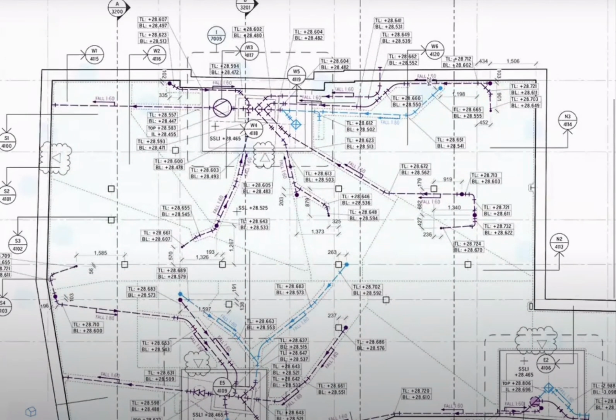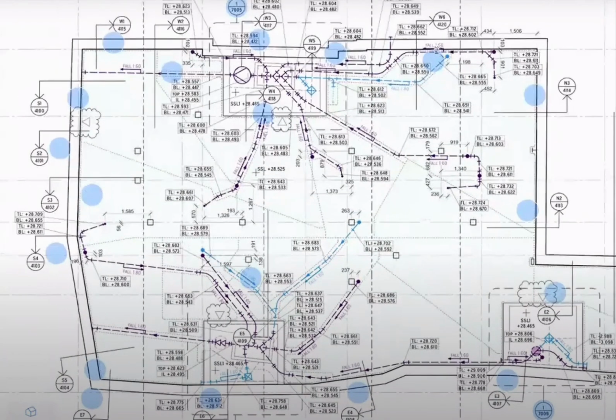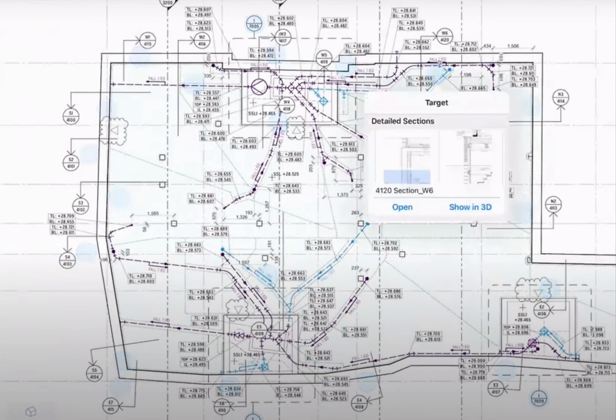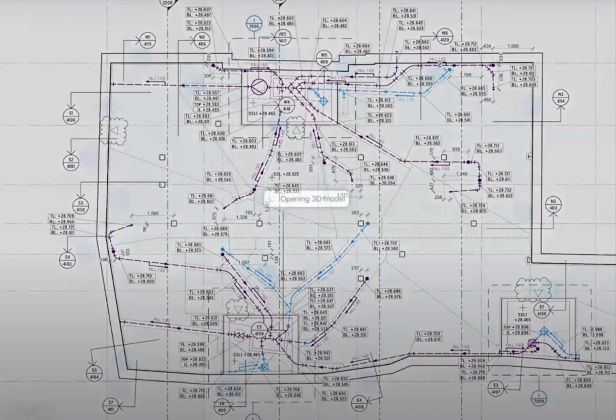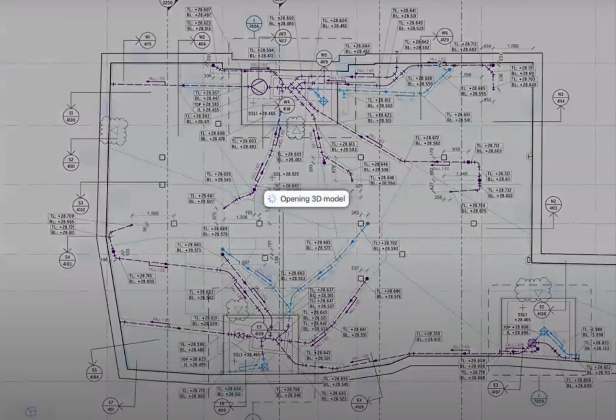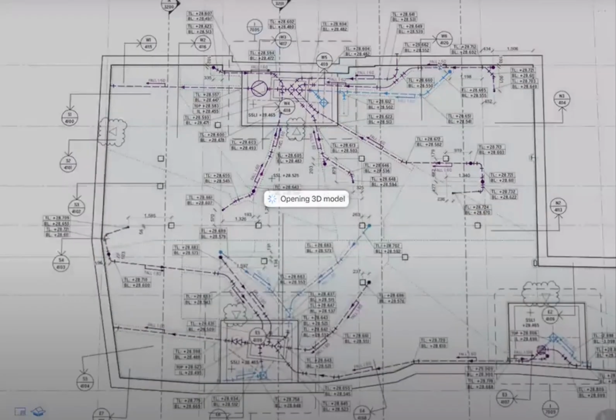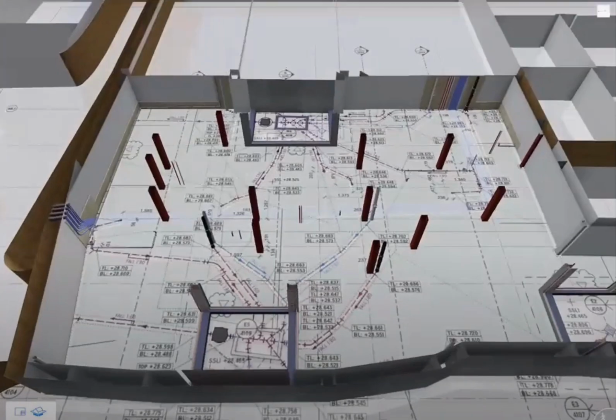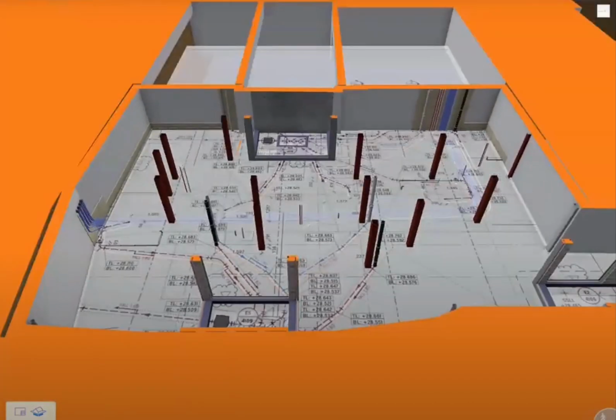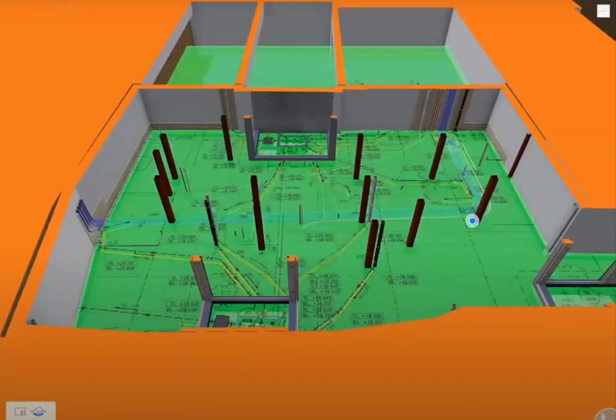All these blue dots you see occasionally, they're all interactive dots. It can open it up in section, in 3D, whatever you want. But I'll show it to you in a more condensed way. So here we have the 3D model opening up, and what you've got is this green layer